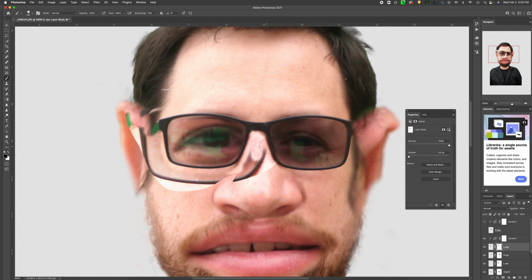Okay, and then I'm going to do something here to get rid of those color problems, which is to switch my blending mode to luminosity, which I know is going to get rid of the wacky color that sometimes comes in there. All right, so there we go. That's my basic caricature. Now, if we want to have more fun, what we can do is select everything. So I'm going to do Command A. Gives me marching ants around the whole